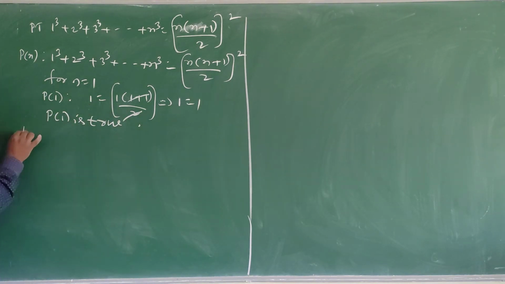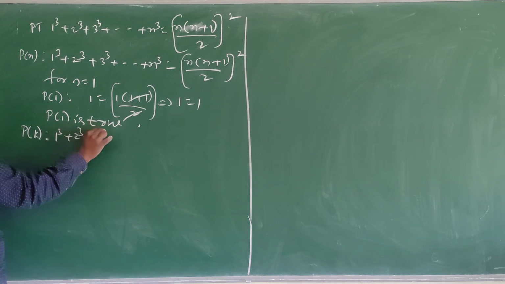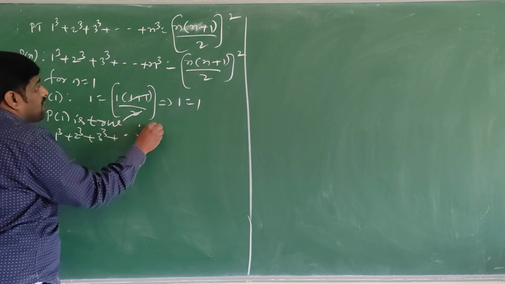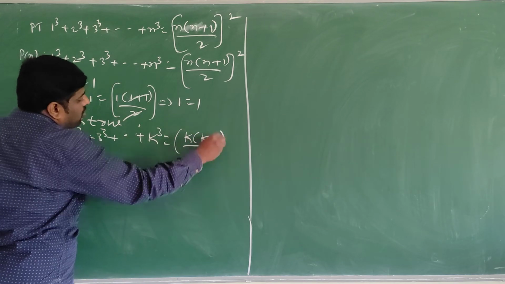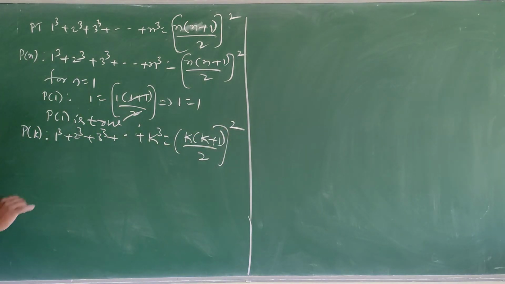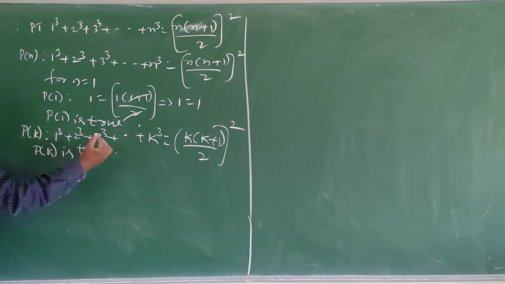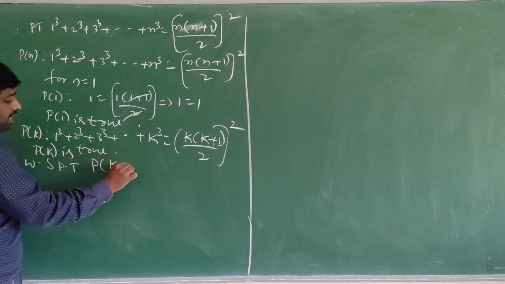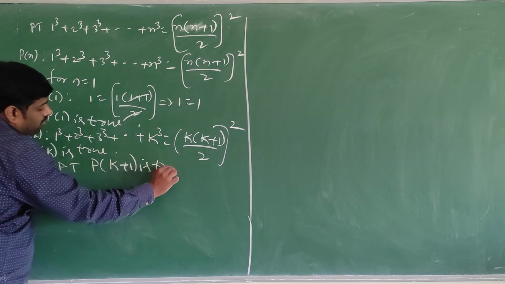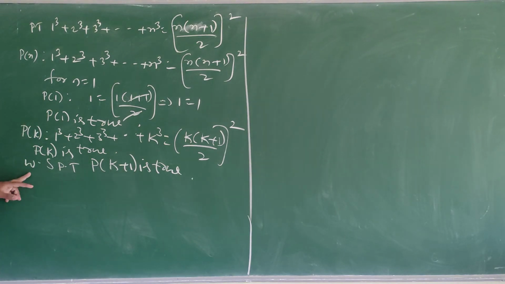Next, P of k equals 1 cube plus 2 cube plus 3 cube plus so on plus k cube equals k into k plus 1 divided by 2 whole square. That is, P of k is true. Now we shall prove that P of k plus 1 is true. So when we have to prove that P of k plus 1 is true, we have to